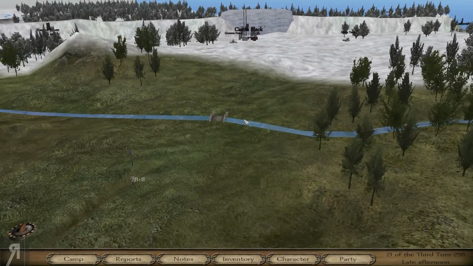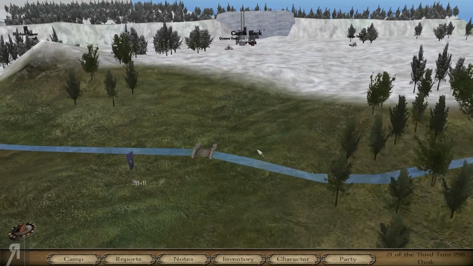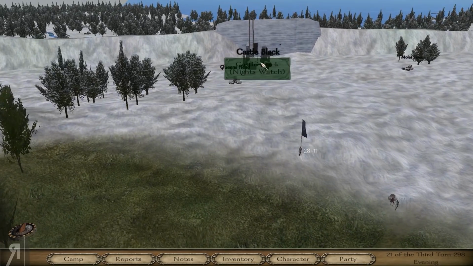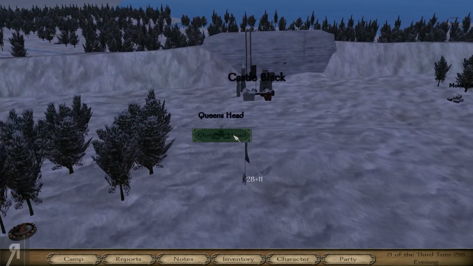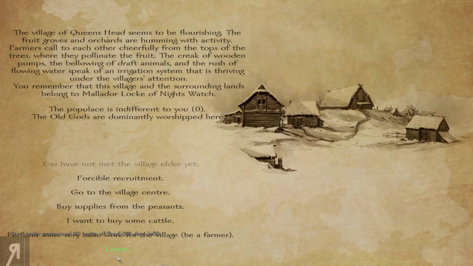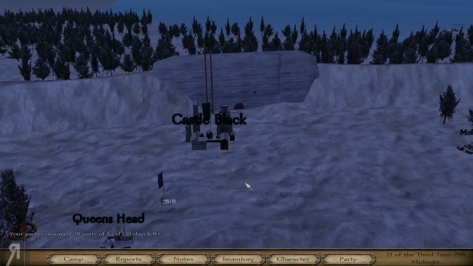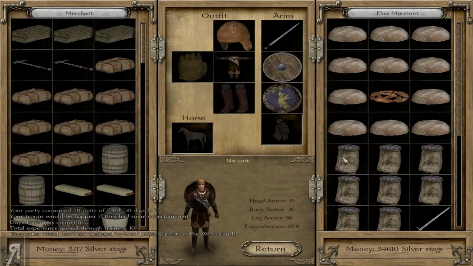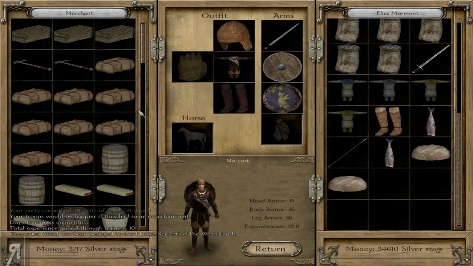Alright, well, considering we do have a lot of money and a lot of prisoners, I suppose it would be a good idea for us to head up to Night's Watch and just recruit a couple more volunteers and maybe see if there's... Oh, really? They don't have anyone? Oh, that's a shame. Anyway, yes, we're gonna try and see if we can recruit a couple more people around here. And obviously, you can buy...